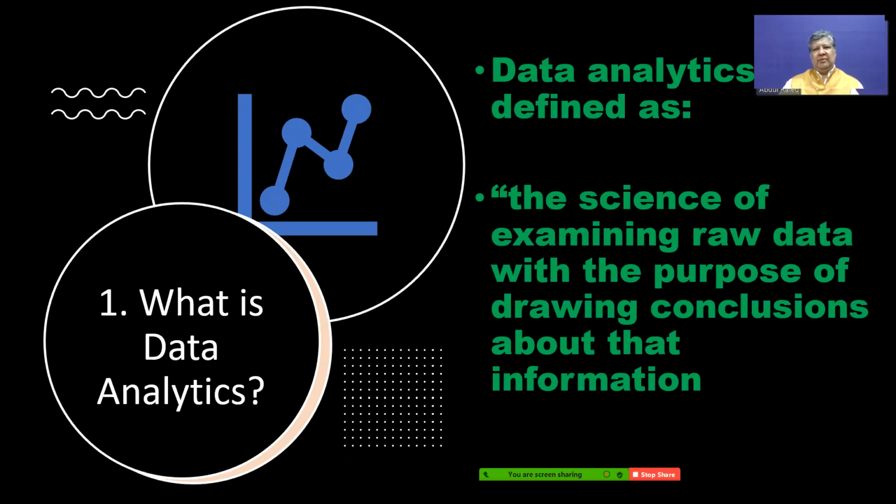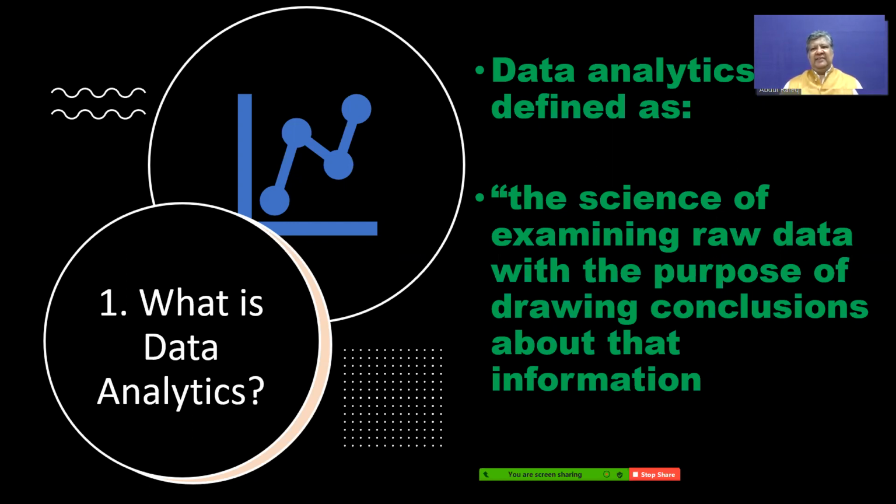What is data analytics all about? It is defined as the science of examining raw data with the purpose of drawing conclusions about that information. Now, there are 2 perspectives: the data scientist perspective and the data analytic perspective. The data scientist perspective is generally taken by the technology people who go into primary analysis of data by looking at key elements of data and how you can do various types of analysis, more so in predictive analytics.